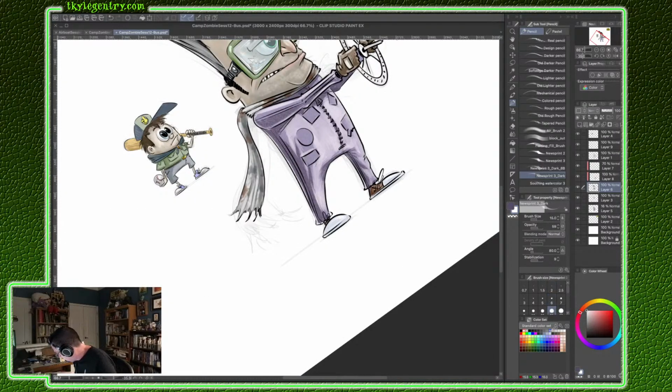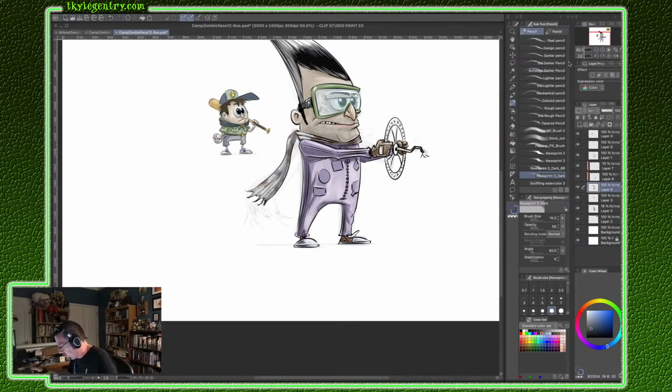Okay, maybe add a little bit more dark. All right, so all I really have left is a steering wheel and its patches. Highlights